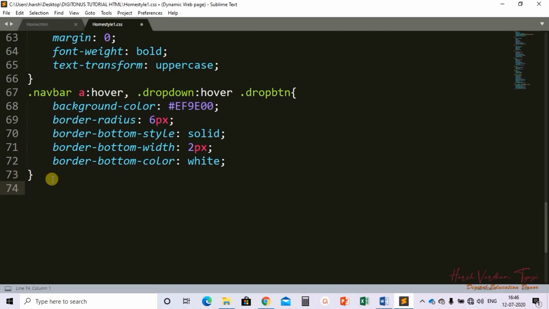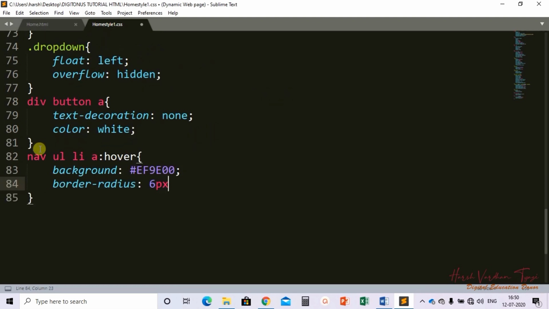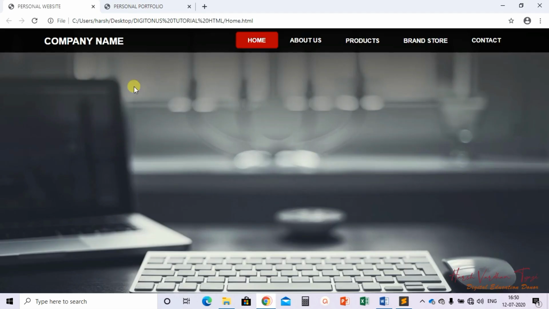Fine. Now again what we need to do, we need to have the content part. Content we don't have as of now, so we just use the drop down dot 6 pixels, control S, and refresh.